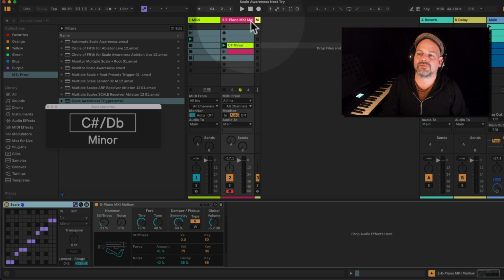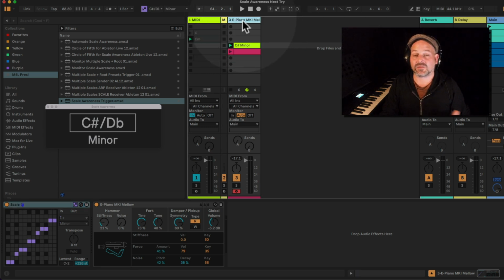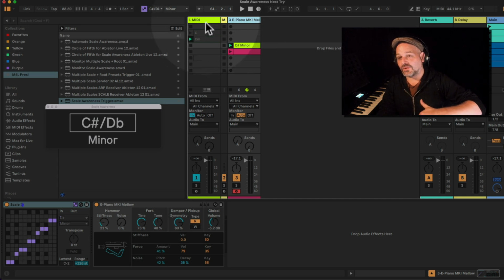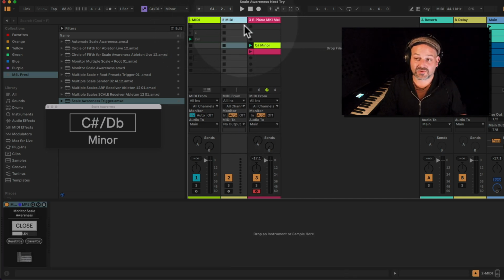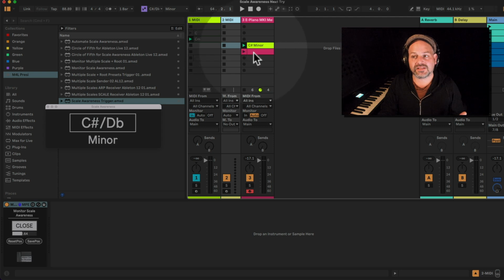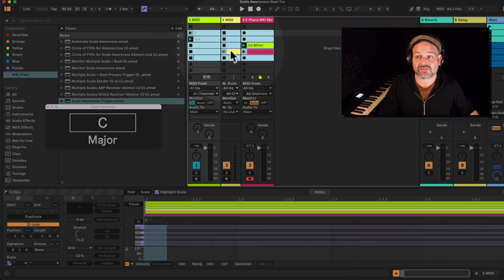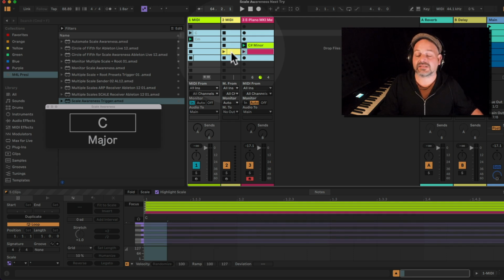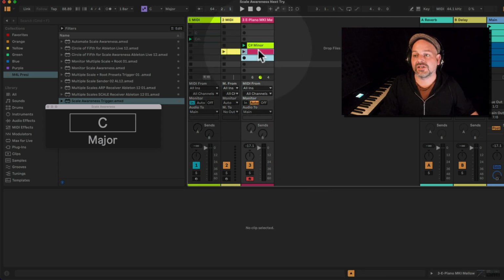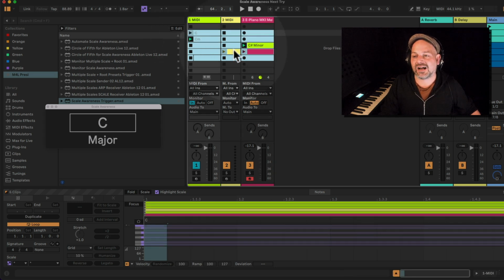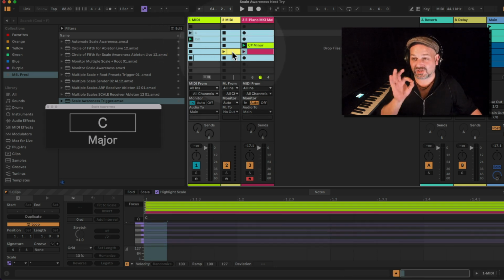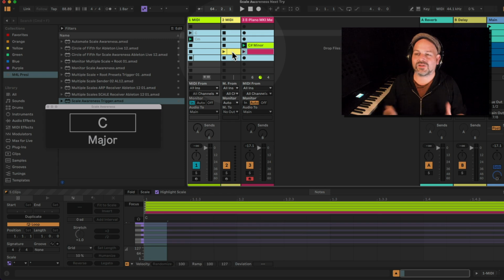Plus, if you have clips selected somewhere else, meaning you have maybe a drum track in between here, and you don't want to change those clips, you only can select clips like this. Can I deselect this? Yes, and then you have to deselect the clips here. So it is possible to deselect certain clips, but if you quickly want to change stuff, I would advise you to have a look at the next chapter,